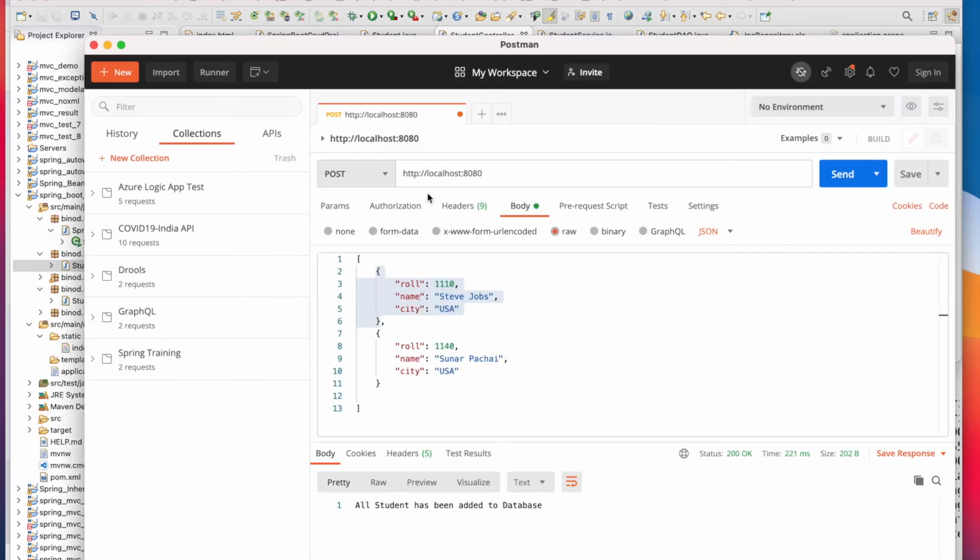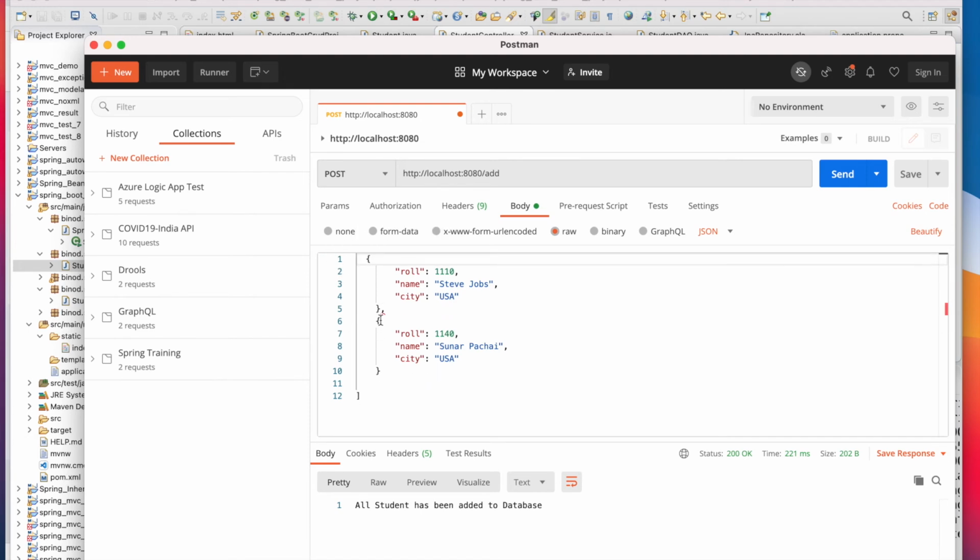Make the post and add, not two names, give only one name first. I will show how to add two names later. Go to the body, give the name, post and hit this.